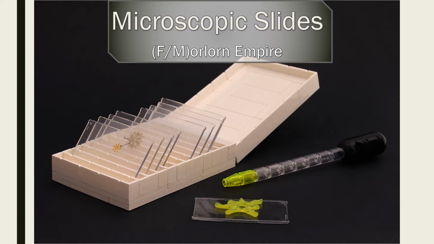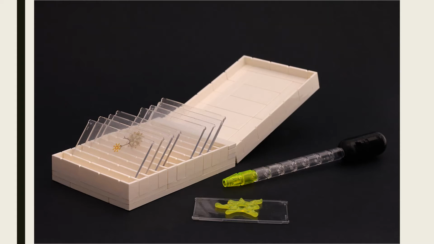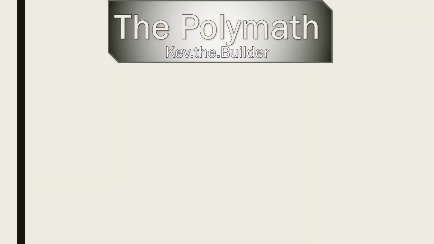But there is an art to it. It's really intuitive in that scenario. It's being able to create a build with clean angles, so it's obviously clear, like a box, 90-degree angles, everything you can see easily. Once again, it's very much like clear, but this build is just organized. The next build is by Kev.the.Builder, the Polymath, and this one is just so good that I